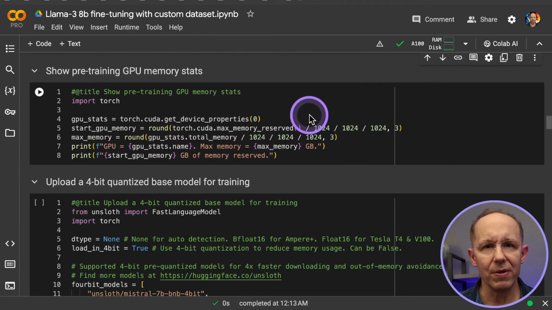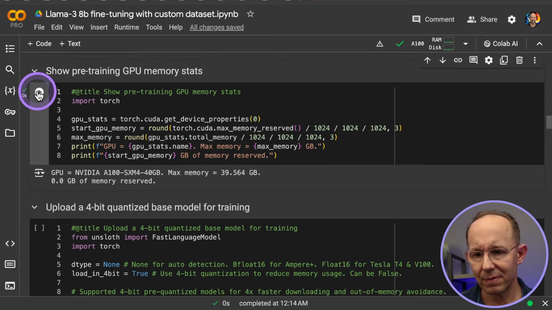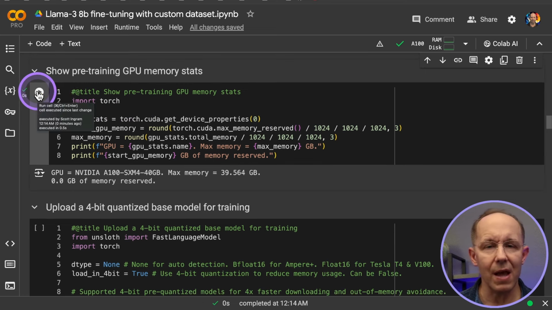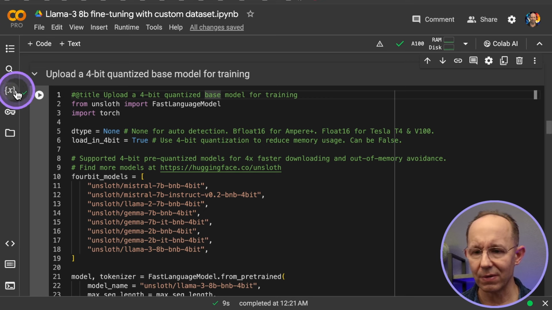Let's just check the GPU memory before we begin training. So right now we're not using any GPU memory. One of the prerequisites for fine-tuning a model is having access to the weights that define the model. We upload these weights into the training environment as a starting point for the fine-tuning. Llama 3 is open weights, so we're good there. We want to use a 4-bit quantized version of the Llama 3 8B model. This model is about 5.7 gigabytes on disk, so it'll take a moment to upload.